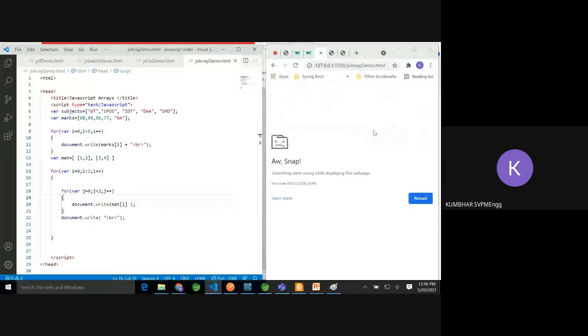Because when I was printing only mat of i, it was a single element only. Correct. Okay.